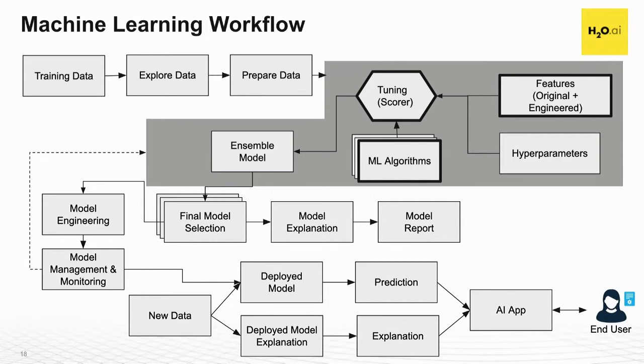And maybe at some point you want to ensemble the best winning models to get to your final model. And then you're going to go through a whole process of explaining models, reporting on models, and when you think you have a good model for your production, then you're going to start this whole phase of model engineering and packaging of models to meet the production requirements, and model management to put the model in production and have your application consume the results of that model. So even in this diagram, you can see some of the complexity that's involved in generating this machine learning model. And today we're really going to focus on the top half of this diagram.